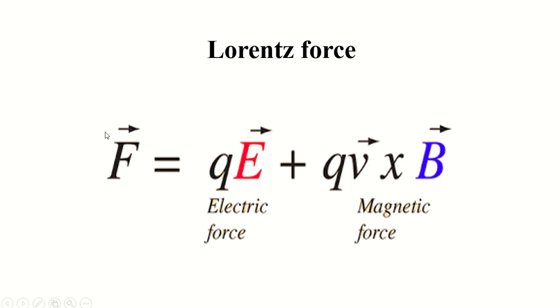That means Lorentz force is the force in EM theory, the electromagnetic field, where the electric field is present as well as the magnetic field. The combination of the electric force and magnetic force gives us the Lorentz force. So this is the expression. F equals QE plus Q into V cross B, where Q is the amount of charge. This is simply a vector quantity. That's why now we have to discuss the direction of F.